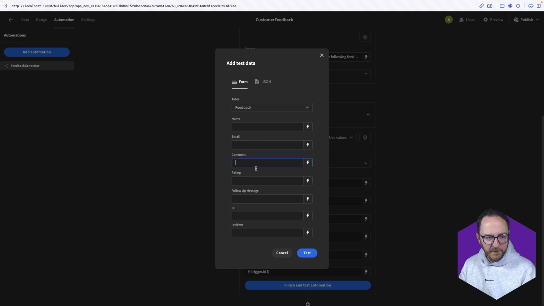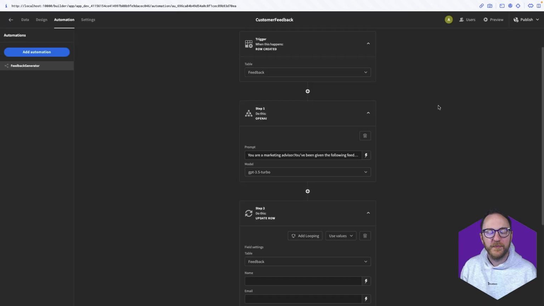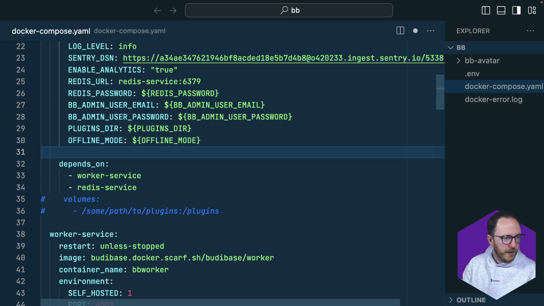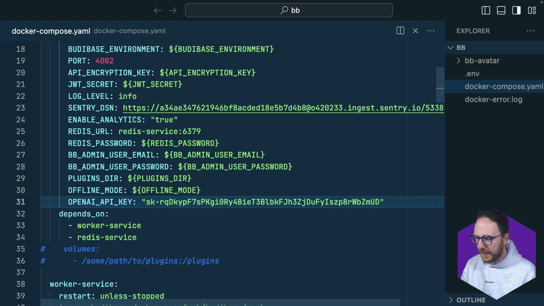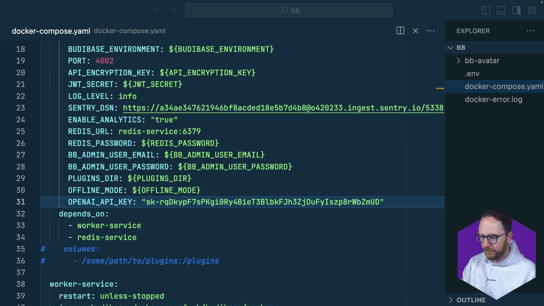the rating. So if I put the comment, this is great, 5 stars, and test. At the time of recording, OpenAI is only available if you're self-hosting, and to be able to use it, you need to provide your OpenAI API key through your Docker installation. I'll do that quickly now and then test this automation. So inside of my app service, I'll do OpenAI,